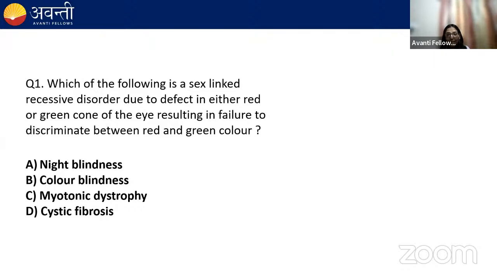Okay, B. Ayushi says B. Mohina says B. Okay. Color blindness, Trisha says color blindness. Very good, everybody. Very good. Okay. So,